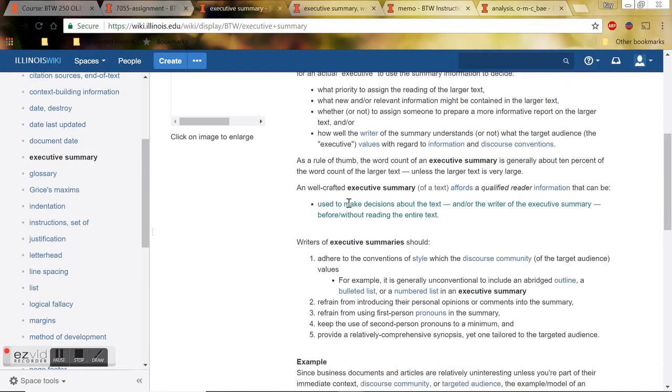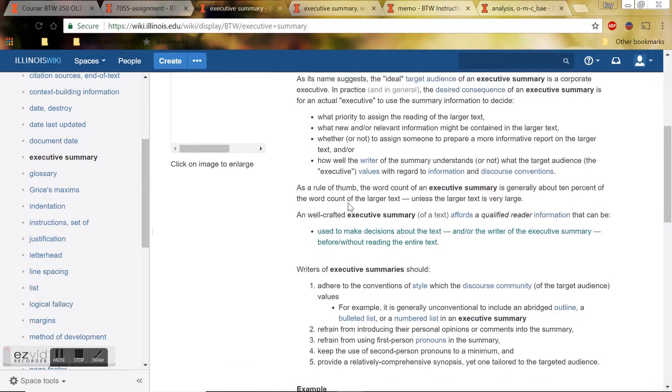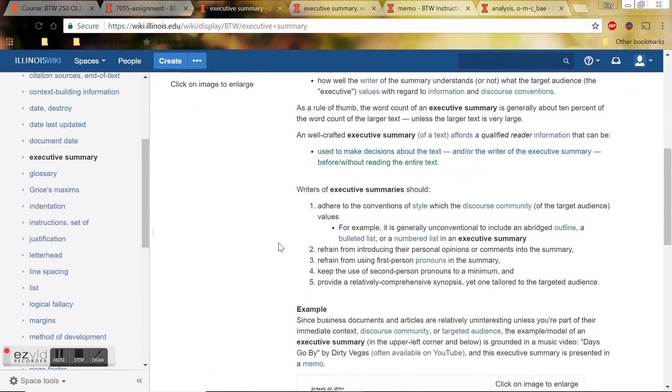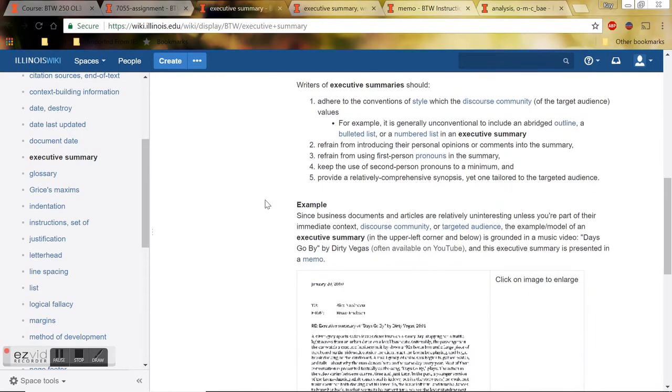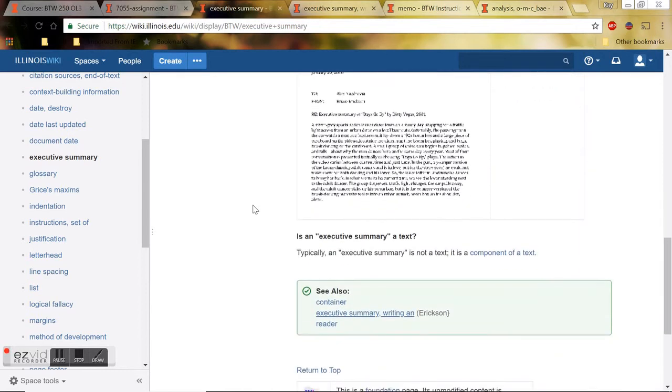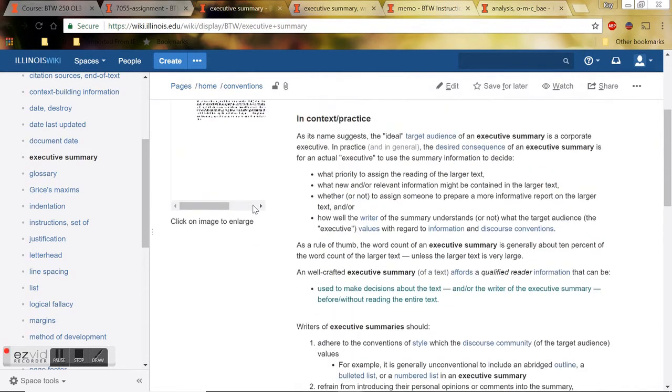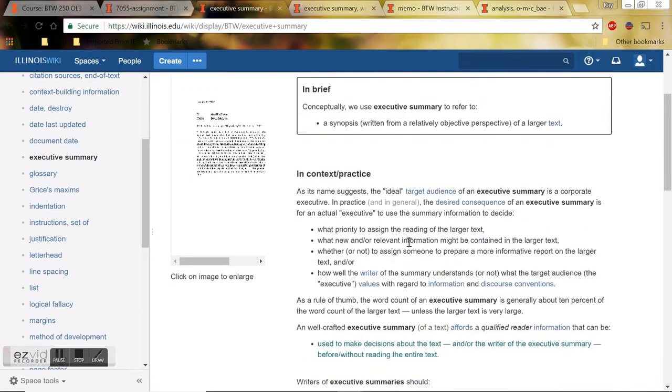So it needs to be as long as it needs to be in order for you to convey all of the main points of the chapter, and it should be in the same order as the original, so that they can follow along in the order that makes sense. And it should convey the information so that someone who's not read the chapter would be able to use it as well as you can. Imagine you're writing this executive summary for your roommate or family member, and they need to be able to apply it to the same level of quality as you can to their writing. So you wouldn't say things like, and then Williams analyzes a bunch of examples, because that wouldn't be useful